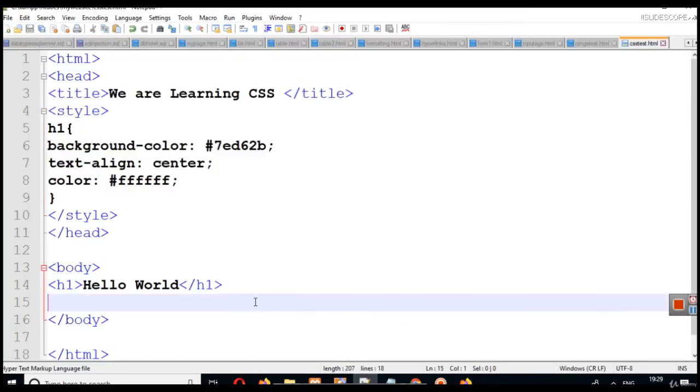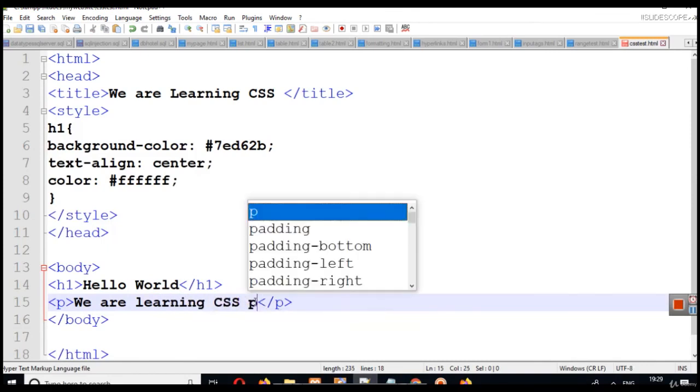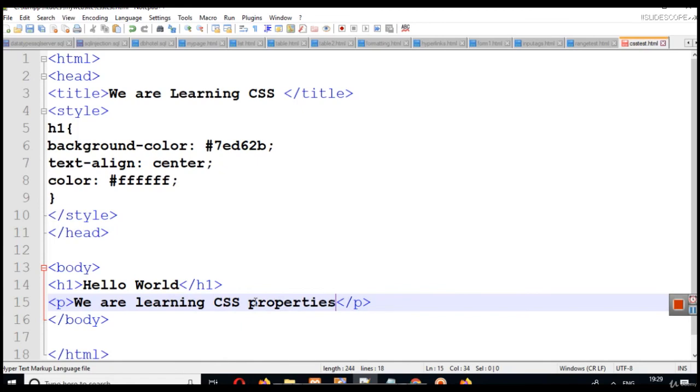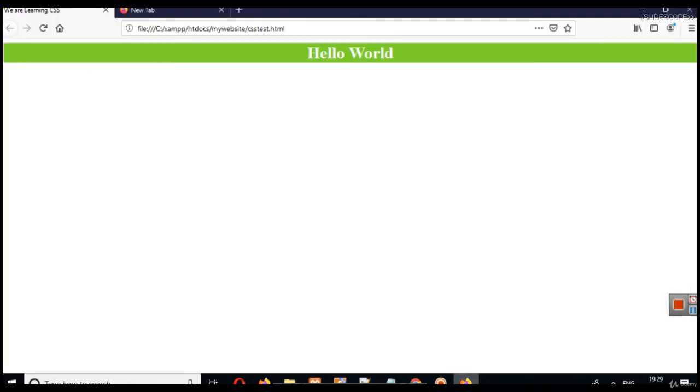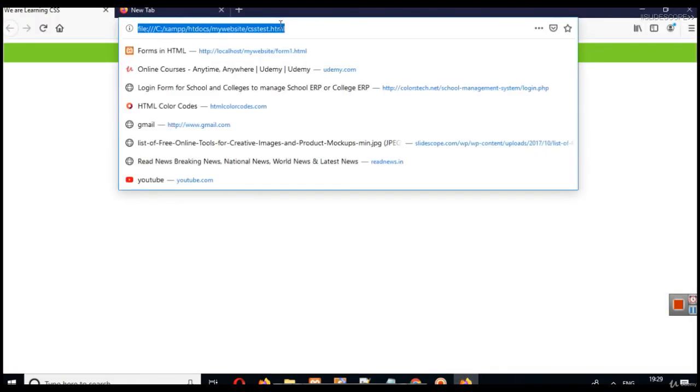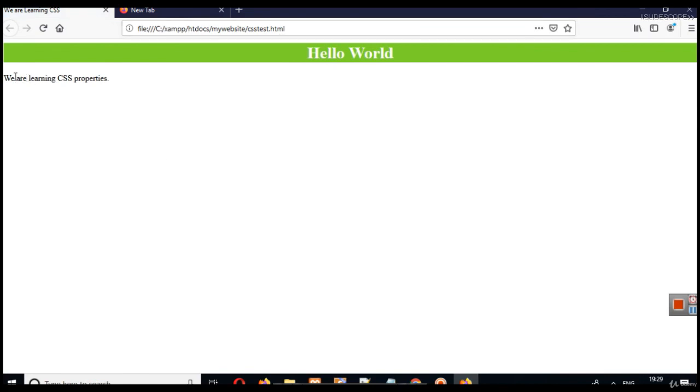Suppose we have another paragraph here. So suppose we have paragraph P here, and we can write anything here. We are learning CSS properties. So here we have a paragraph and a heading. Now you will see that this particular paragraph has no changes.